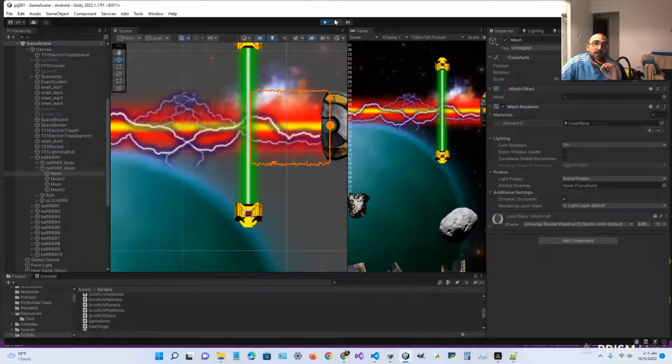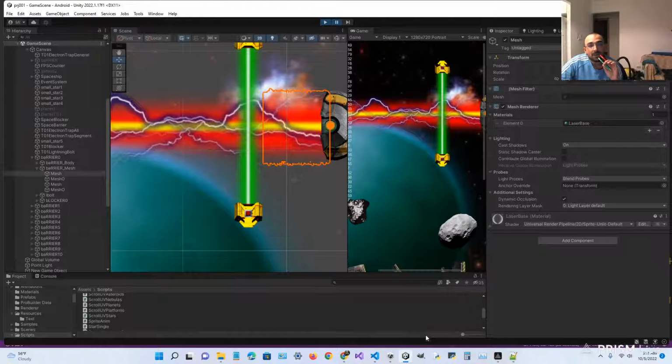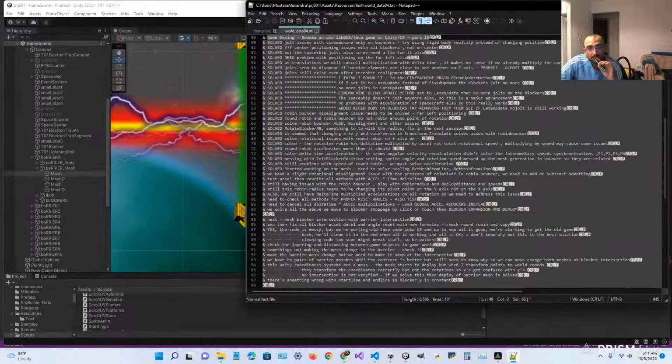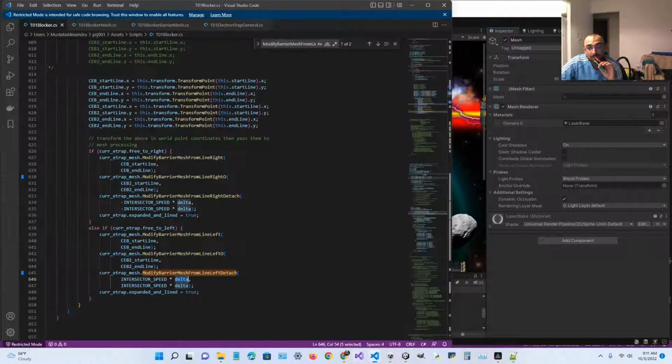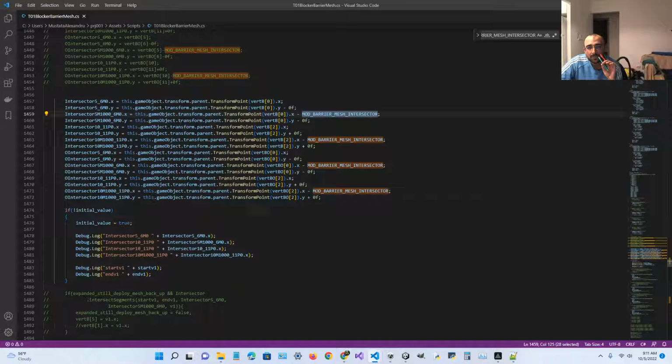No, it doesn't stop, because we are not thinking. We should have subtracted this mod barrier mesh intersector before we transformed the point. Before, because